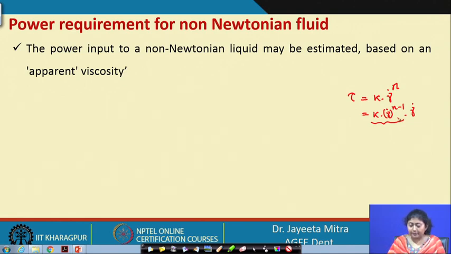So, based on this apparent viscosity, because for the Newtonian fluid what we have done is that we have calculated the Reynolds number and Froude number also. So, with this Reynolds number and some power factor correlations, those correlations have been defined empirically for different kinds of impeller geometry, and that helped us to calculate the power in a particular mixing phenomenon. Now, when we want to use this, instead of the viscosity term that we have used in the Reynolds number, we now need to use the apparent viscosity. Okay.